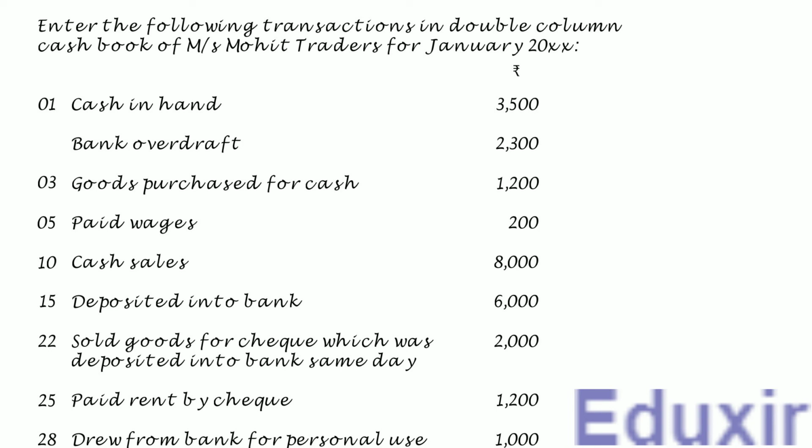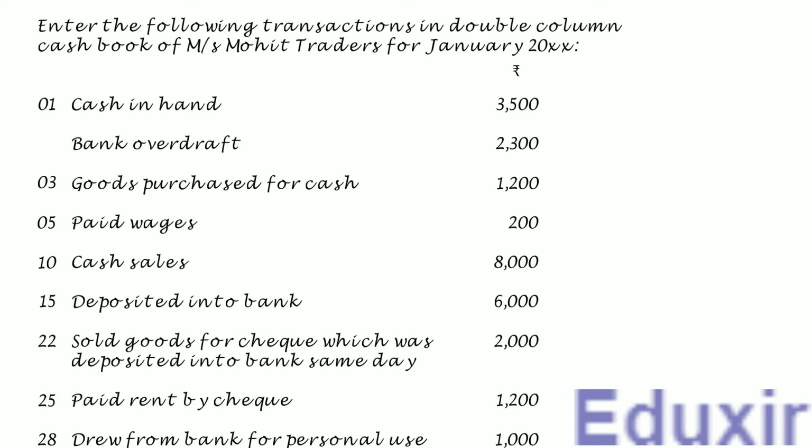Apart from simplifying the task of maintaining an additional ledger account for bank, this will also help the business to get a fair idea about the position of the bank account itself, like how much cash is there in the bank, etc. So, its format is very similar to that of a ledger account. All the cash and bank transactions are classified into receipts and payments. However, unlike a ledger account, a bank column cash book will have two amount columns, one for cash and one for bank.